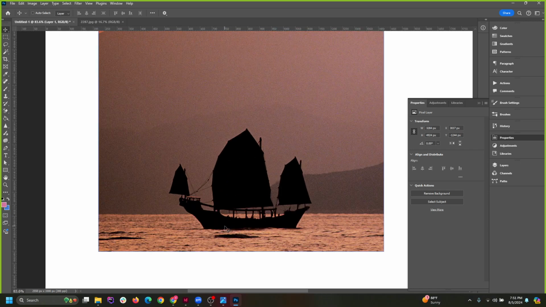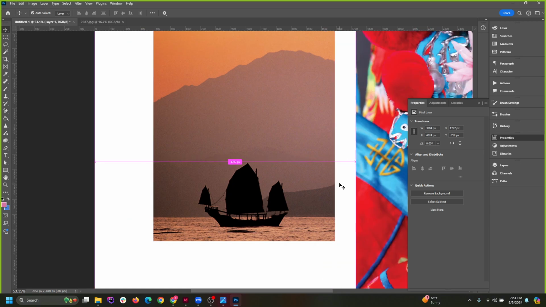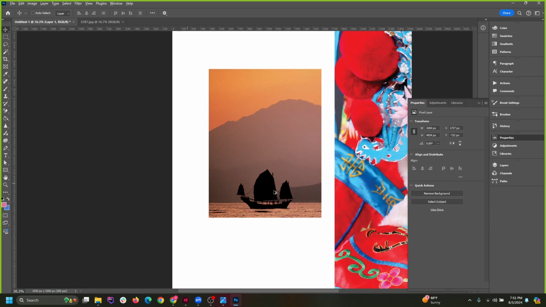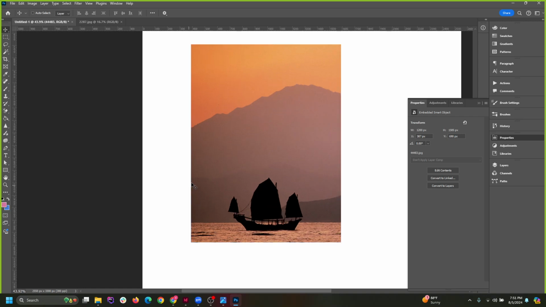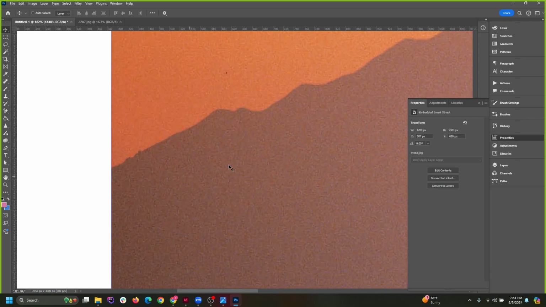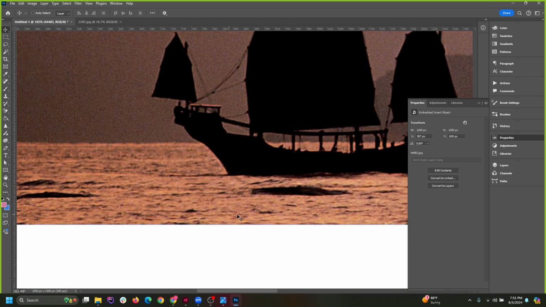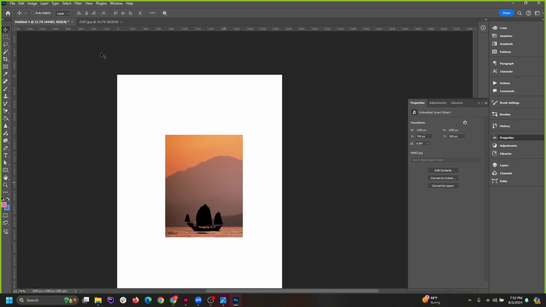simple. There's not too much detail in this. It's a silhouette of a ship, some silhouette of a mountain. So you don't have too much detail in there. The only detail really is the water. So what you could do is